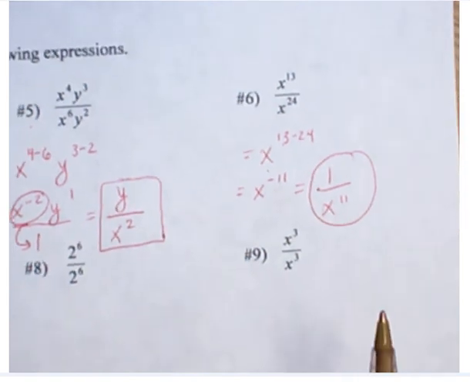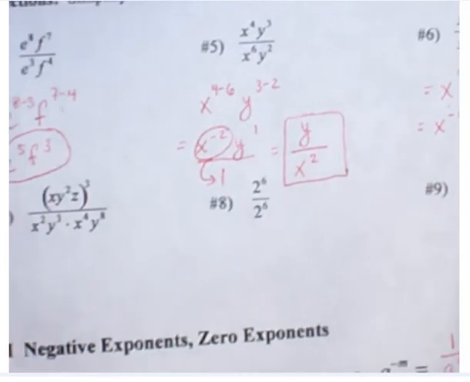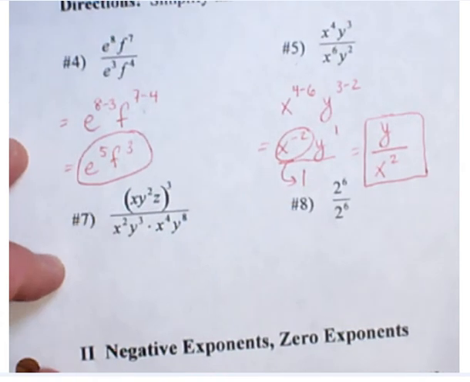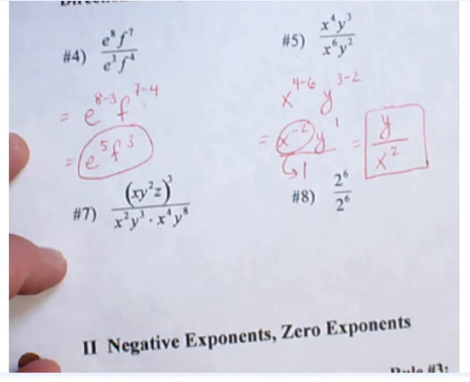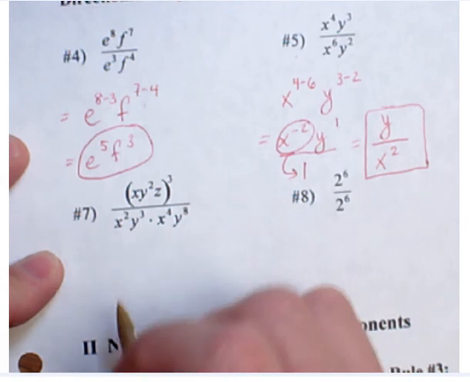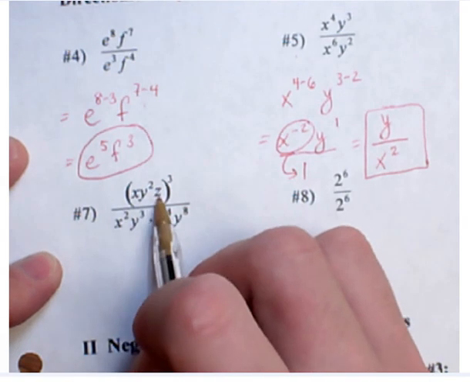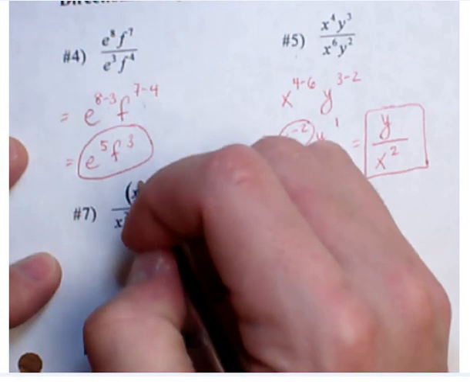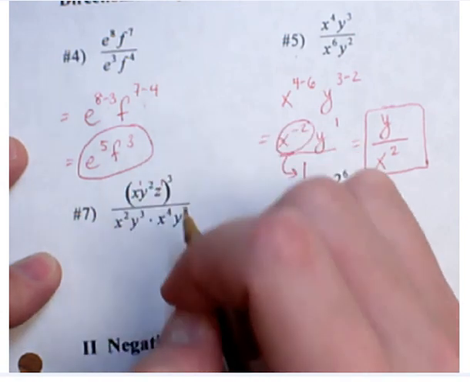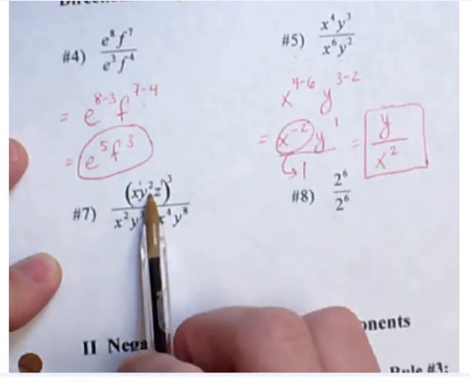All right, now let's look at something like number 7. There's a lot of stuff going on here. Before you start dividing, you want to take care of parentheses, and you also want to simplify the top, and simplify the bottom. So let's take the top here: xy squared z raised to the 3rd power. Now, let's put these exponents in here. These are 1s. When you raise a power to a power,